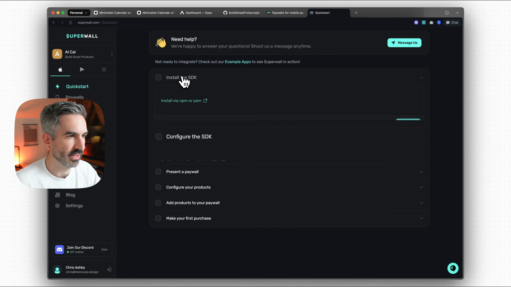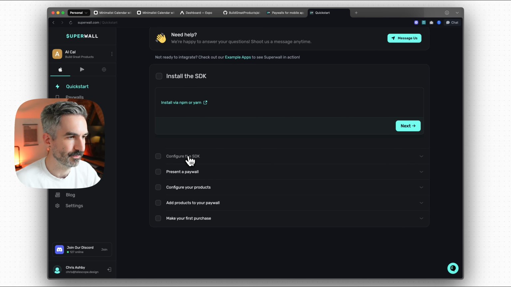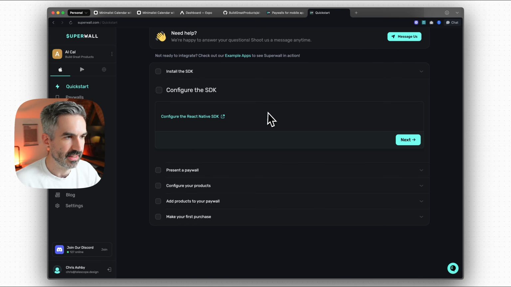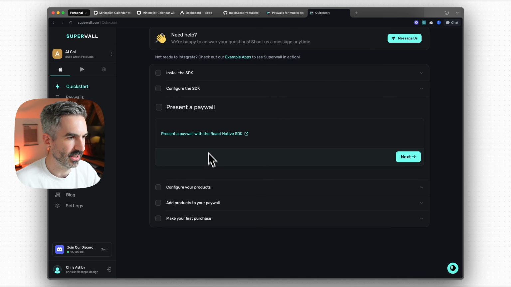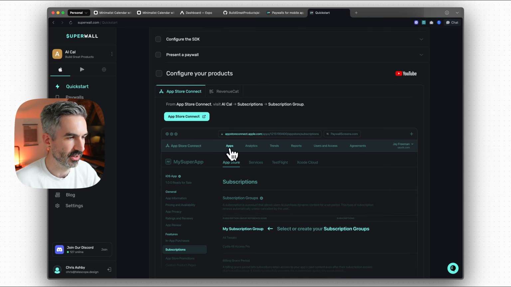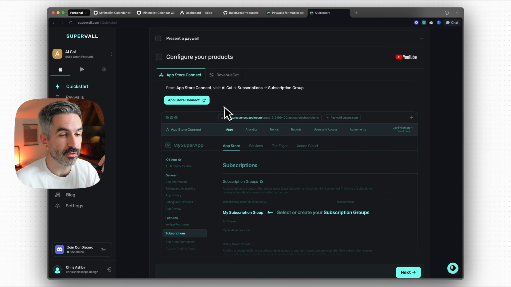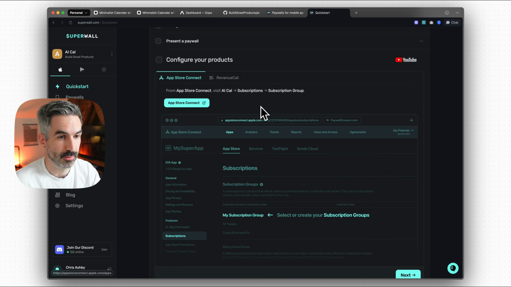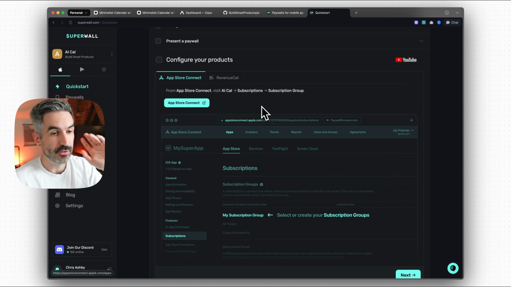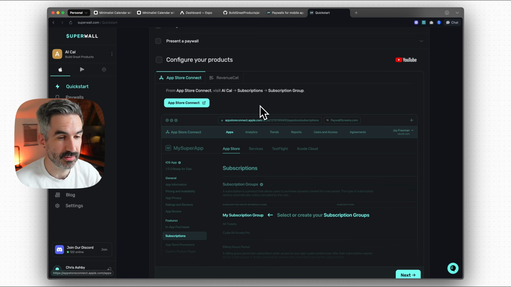So we've got install the SDK, so we'll need to do that in Cursor, and then configure the SDK, present a paywall, configure your products. As part of this process, if you're publishing to the iOS App Store, you do have to have an Apple developer account. You just have to sign up for it. It can take a little bit of time to actually get the Apple developer account, but once you've got that,